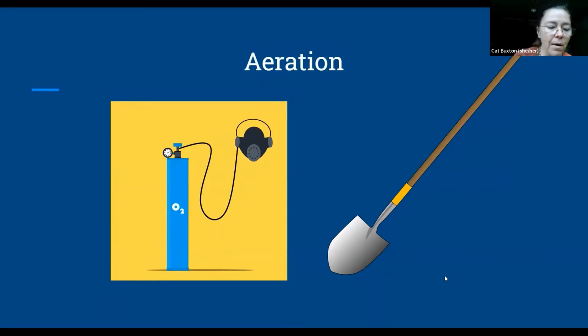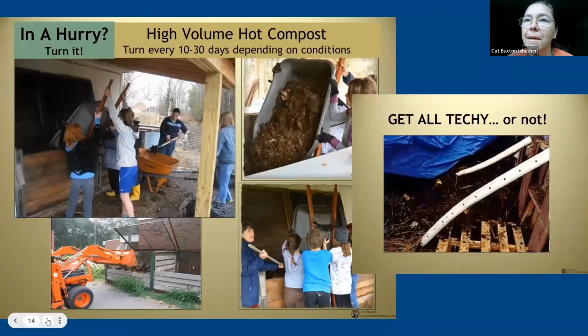When we think about all of the different materials that we've seen in some of the slides past, I like to invite you to think about a wheelbarrow and think about adding into the wheelbarrow all of the recipe ingredients that you're using in the proportions that you think are right. And then think about the amount of airspace that is in that wheelbarrow. That airspace is what we're looking for when we build a pile structure.